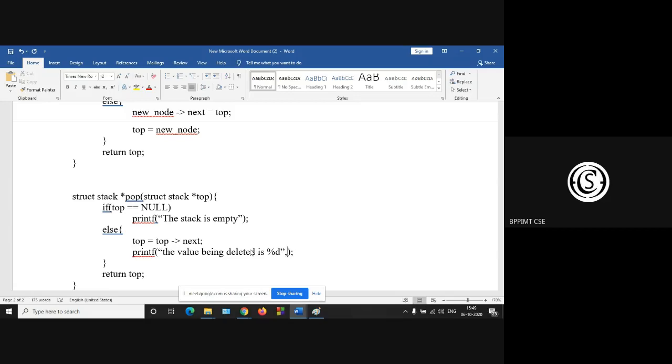As we are dealing with integers, let there be a temporary pointer and its data part.